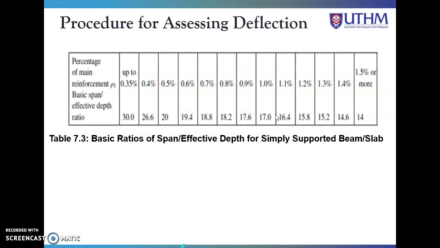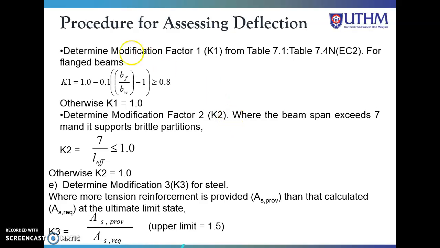Okay. Table 7.2 and Table 7.3. So, the basic ratio of the span effective depth for a simply supported beam or slab. Okay. So, this is how we determine the value of L over D. Okay. After that, we need to find, we have found the L over D, and we can also find the value of